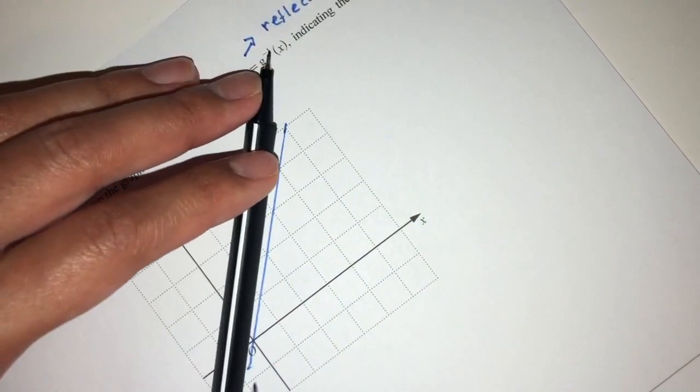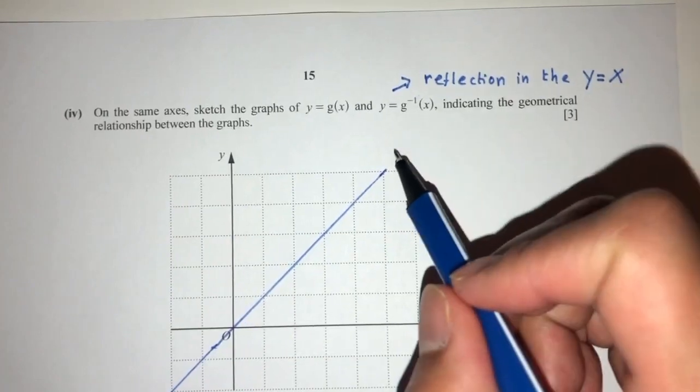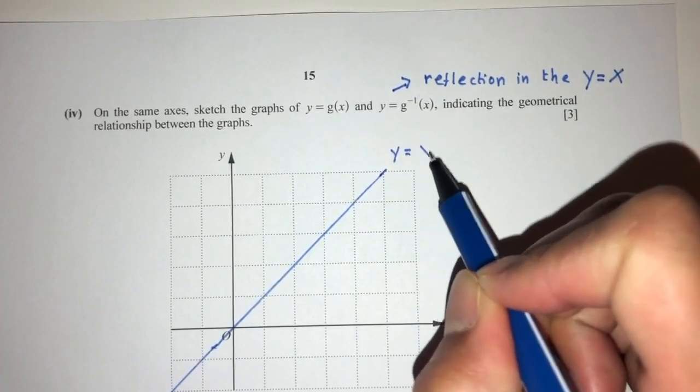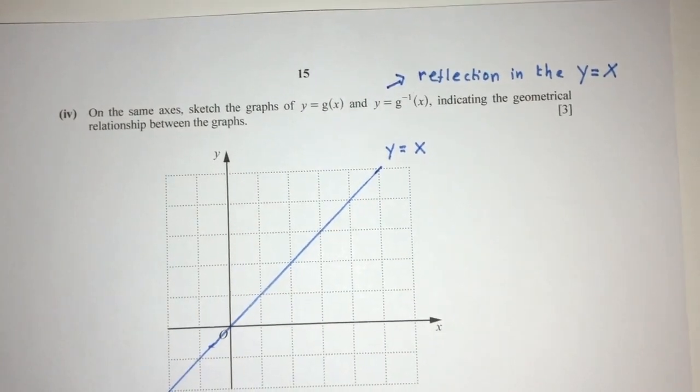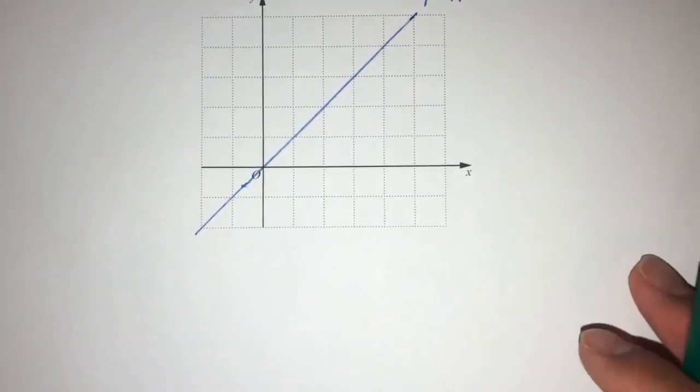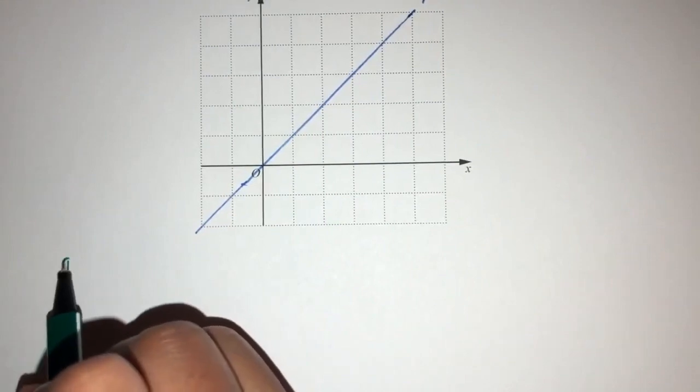As you can see, this will be my line y equal to x. So you can label this if you want to. That will definitely help. Now to sketch the graph, let's say we know that the graph of part 1, which is g of x,